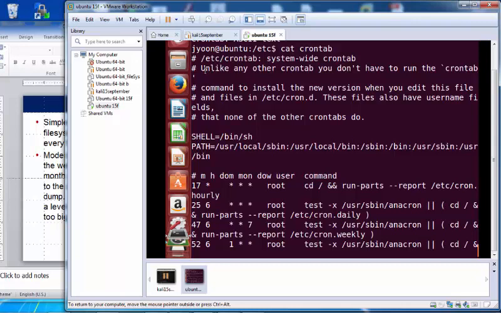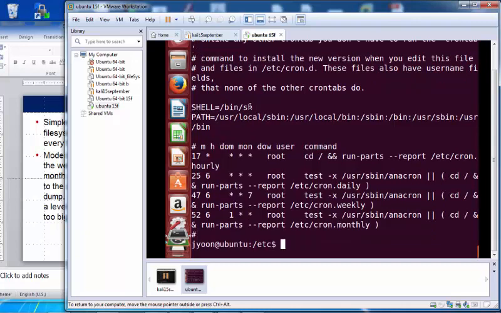So this file contains the system-wide crontab. Next line is, unlike any other crontab, you do not have to run this crontab. Other crontabs you may need to run, for example cron.monthly, and only if you run it, then from that time, every month, it checks. This crontab applies automatically by default and is applied to the entire system.